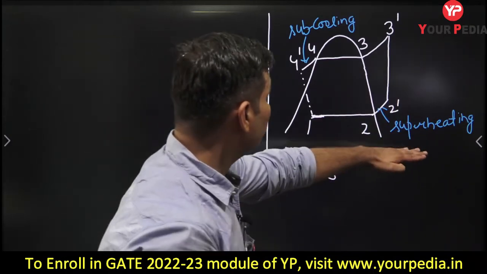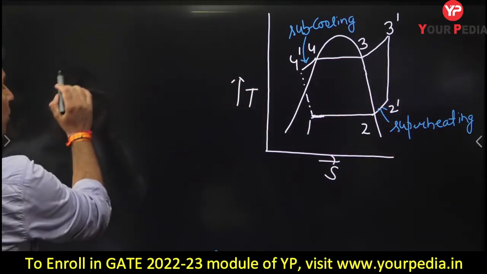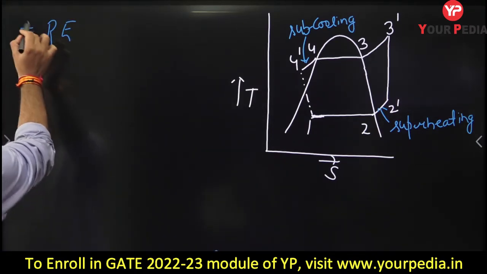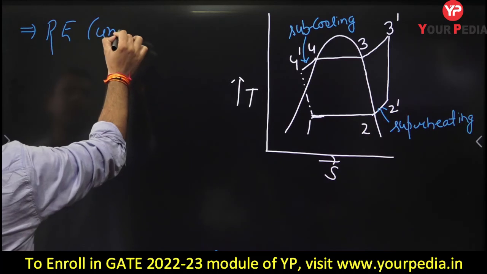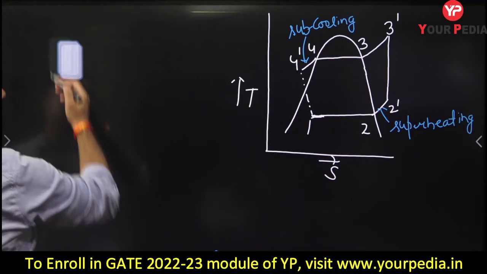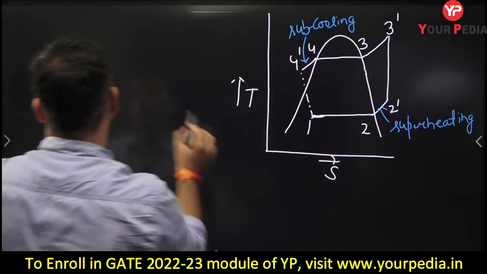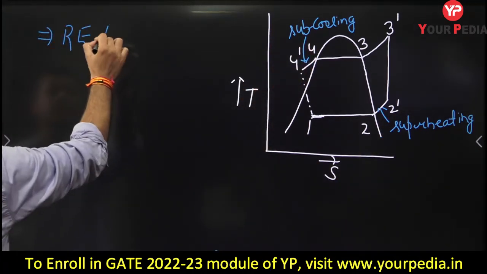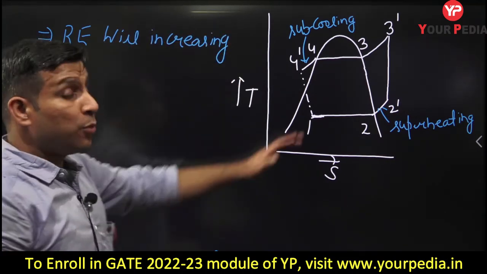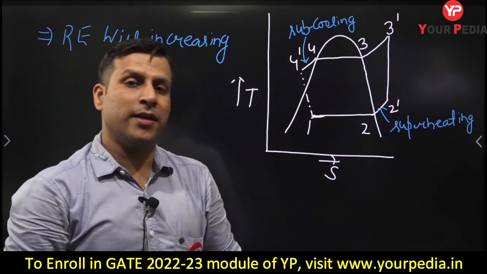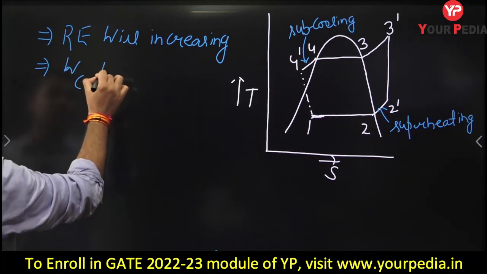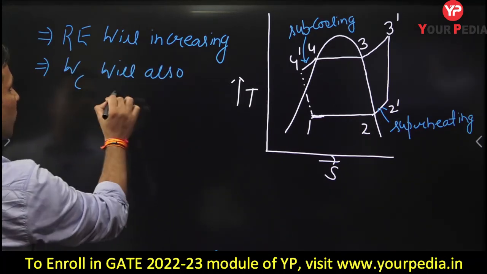Individually we discussed what is the effect of superheating and what is the effect of subcooling. And here, guys, because no superheating is carried out in the evaporator, what will the refrigeration effect be? Unchanged. Because you are not carrying out superheating in the evaporator, here you are carrying out subcooling, so the refrigeration effect will increase. So total refrigeration effect will increase, but compressor work will also increase. WC will also increase.